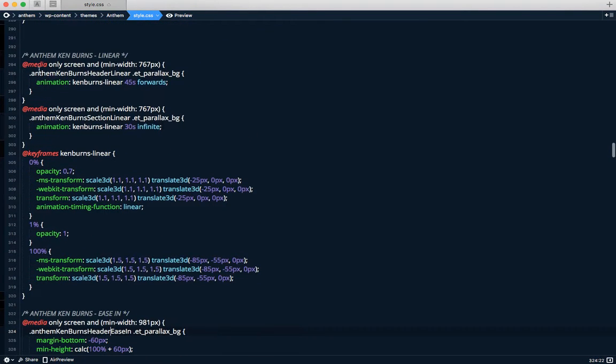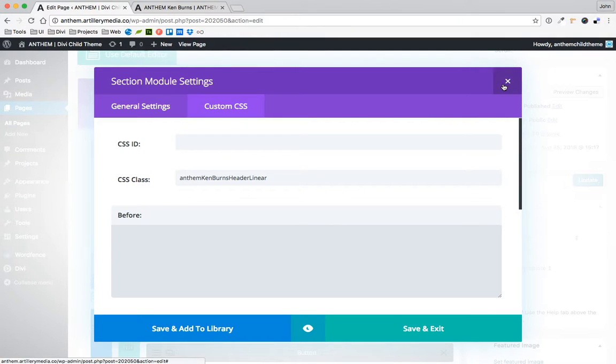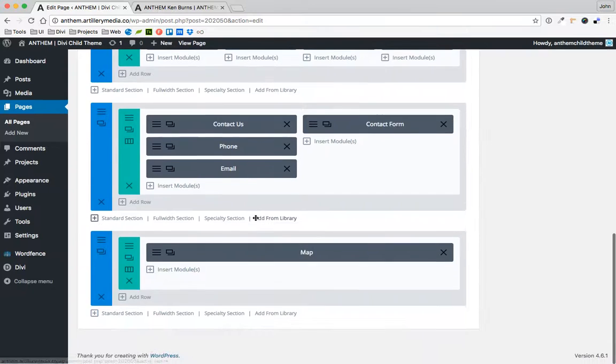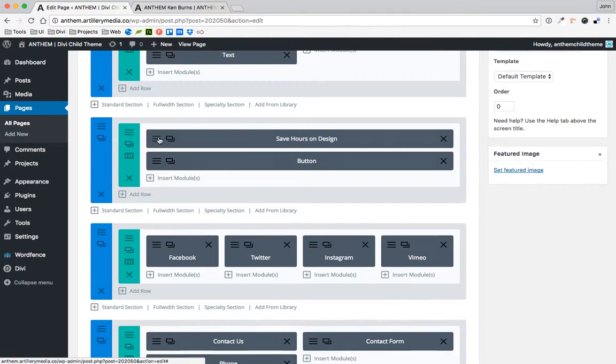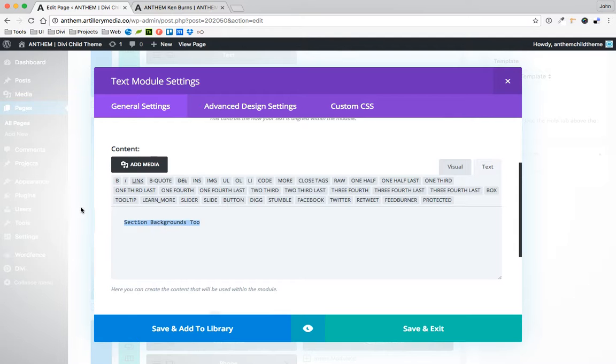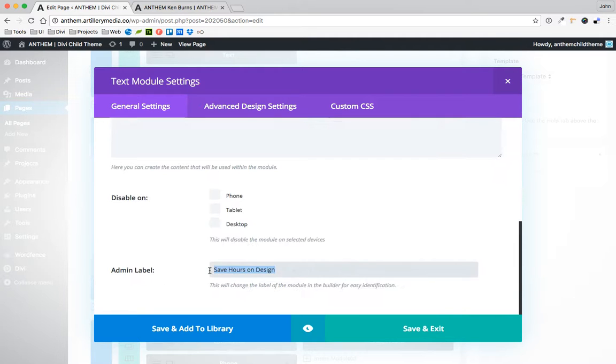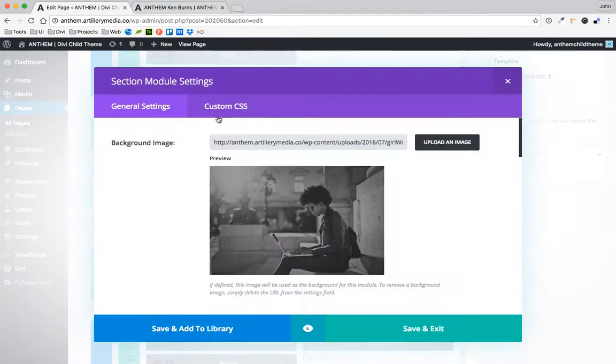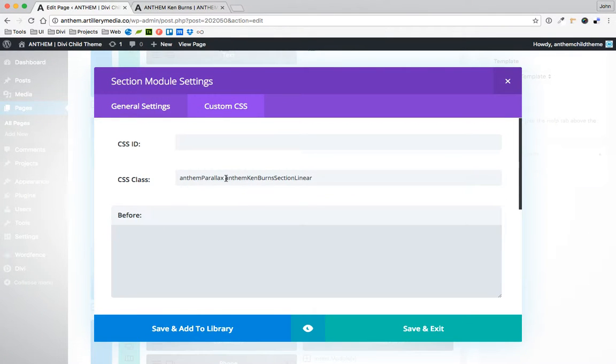But here on this one we have the Anthem Ken Burns header linear. And so we're saying to go one time through 45 seconds. And that's what's happening there. That's all you have to do, is put it on that CSS class. And then down here where we have it, I'm actually going to update this section background too. I'm going to copy that and save that right there. There we go. On this section, you'll see I have the Anthem Ken Burns section linear,